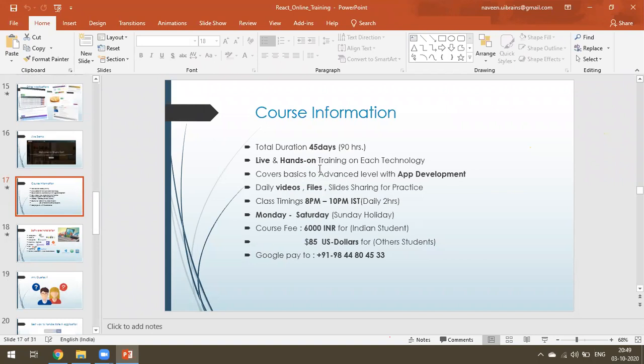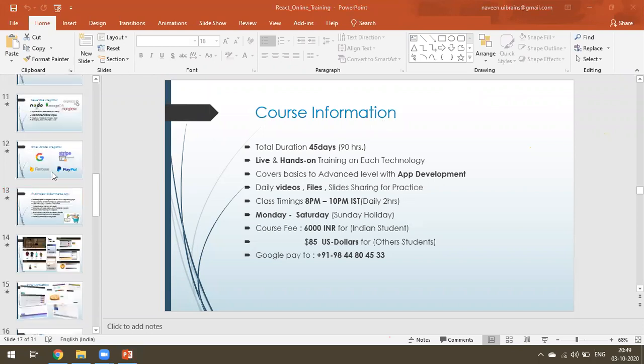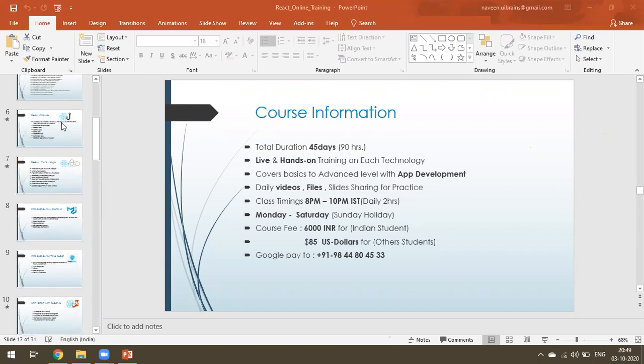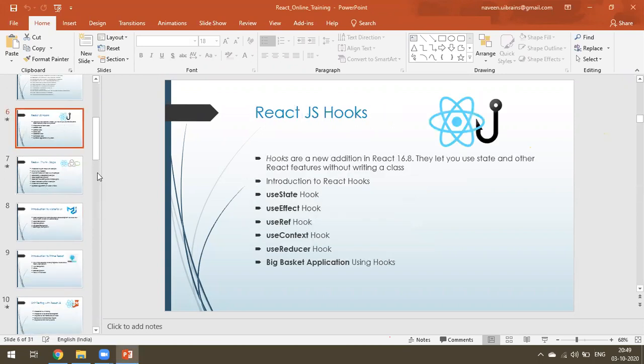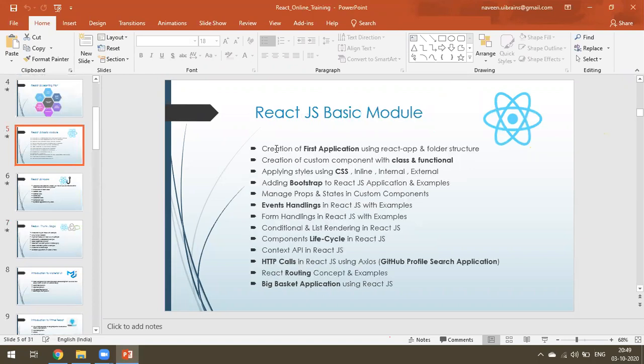Naveen, please tell me. One more thing, Naveen. We are writing React with JSX, and we can also write React with TypeScript. Currently React with TypeScript is more popular than React with JSX, right? Because of support for classes and everything. Not like that, because we can't say that. Some people use JSX only. For that matter, we can't say React with TypeScript is most popular. React hooks is most popular, because some people are already using class-based components only.